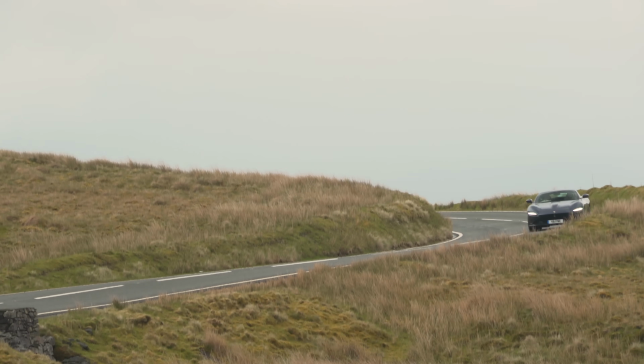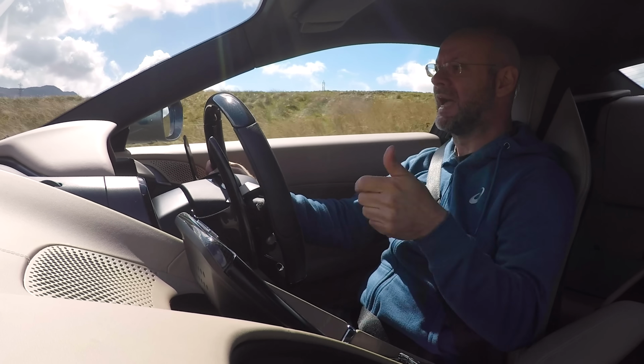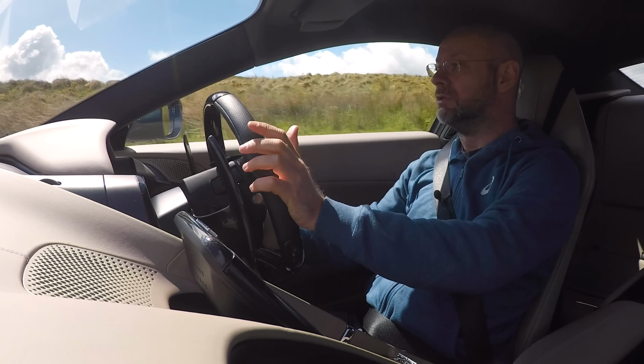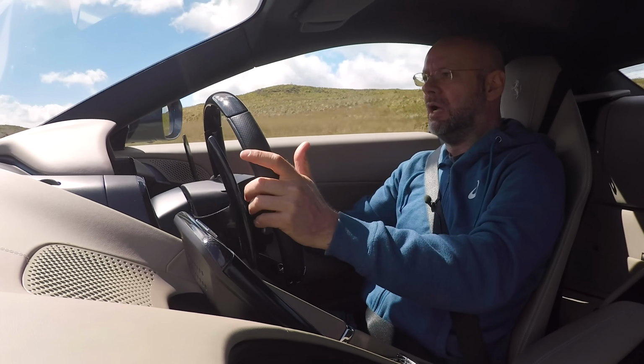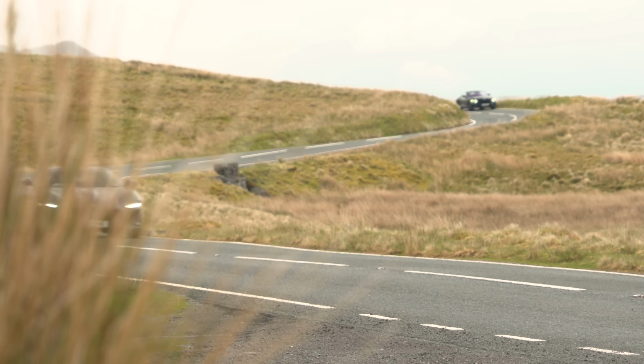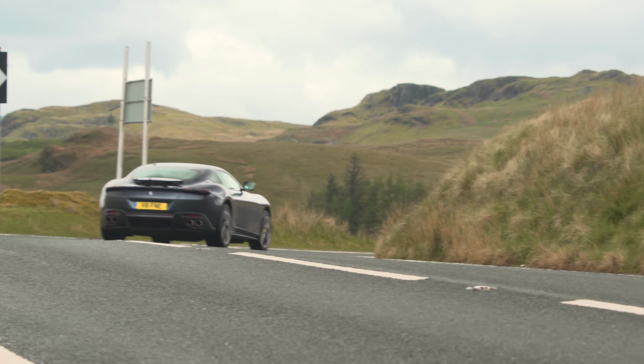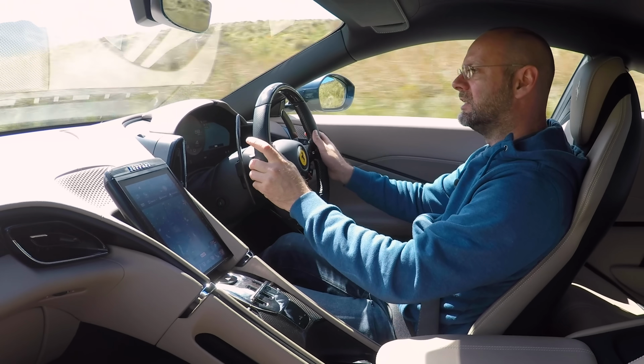But this car really comes to life on roads where there are a lot of corners and a lot of inputs, and you've got good visibility and you can press on a bit. I suspect it's a really good track car. I imagine it's the best track car here because it's so hyper responsive and agile, and it weighs less than the other 2,